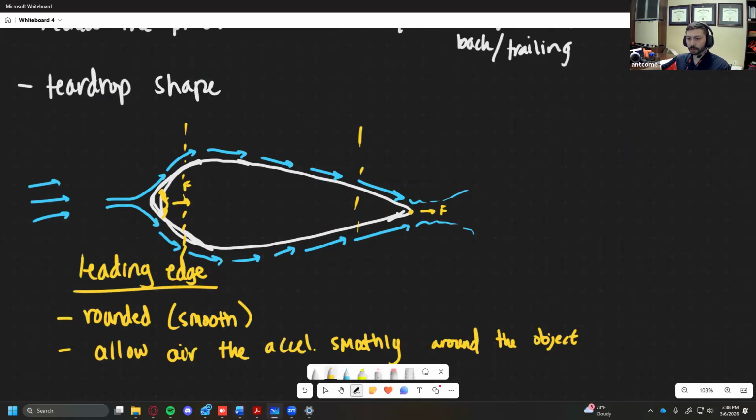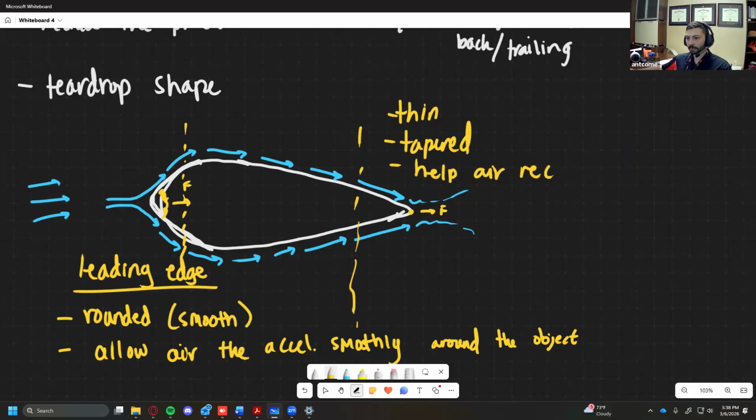On the trailing edge, we want something that's going to be thin. We want it to be tapered, which means it's gradually reducing, right? And what this is going to do is it's going to help air recombine, which means that the streamlines that I've drawn in blue are coming back together, right? They're coming back together here smoothly